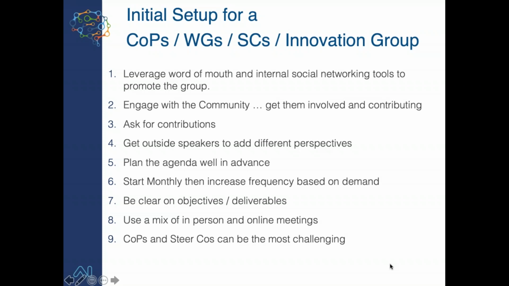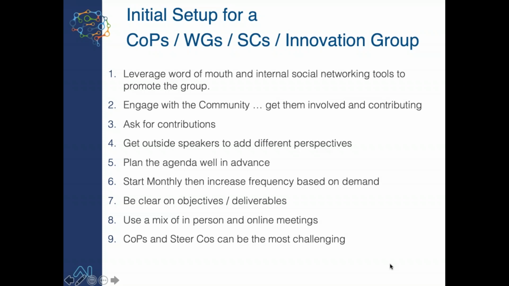And it's really key to get people involved as well. Ask for contributions. The other key thing that I've found works really well is to get external speakers as well, because often you can be very blinkered in your own organization. It's really good to get external speakers in to talk about what they're doing. I used to get vendors in to talk about their specific technologies and actually use the community of practice to evaluate that vendor product to say, do we want to use that within our organization or not? So you can not just bring speakers in, but empower the community to actually make a decision about what's being shared with them.